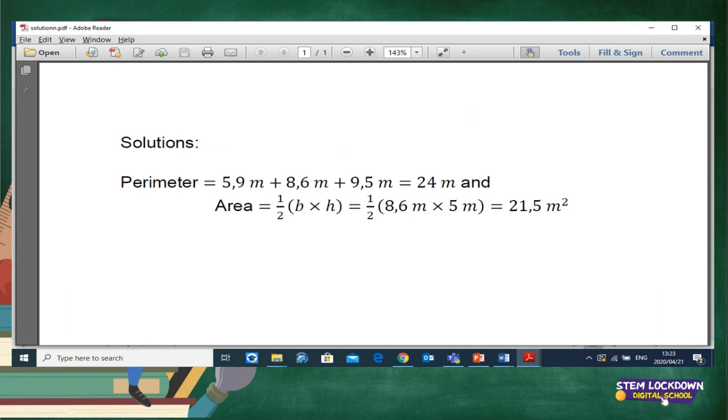You can see that we have added the 3 sides for the perimeter, 5,9 meters plus 8,6 meters plus 9,5 meters. And this gives you